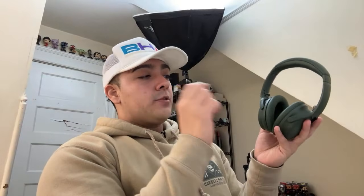Whereas with these, they don't have that feature. Instead, what I usually have to do when I fly with these is pause my music, press the button, switch over to ambient mode, and then ask the stewardess, hey, can you say that again? So it's one of those small features that can be a deciding factor for some people between the